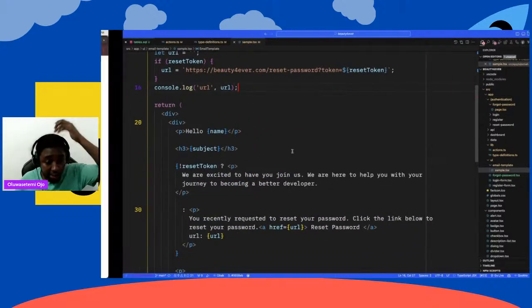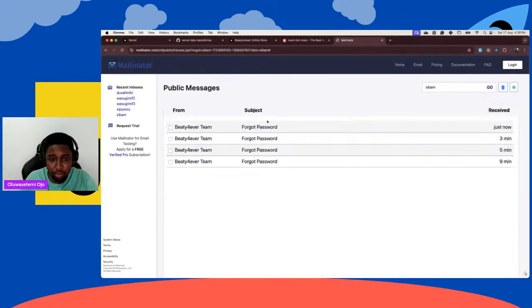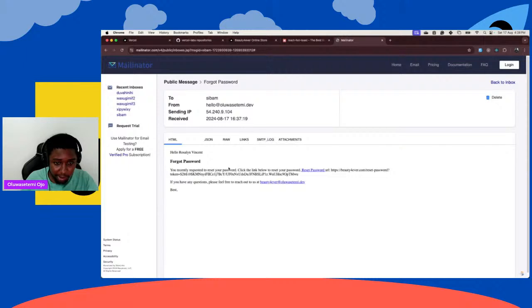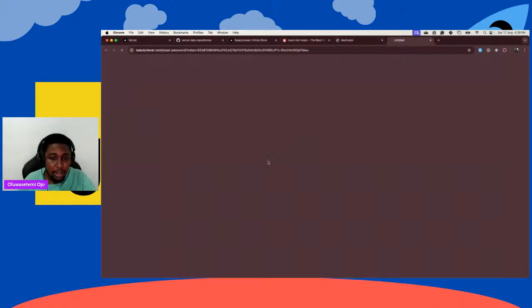So if we check our email again, there'll be a new email. And the interesting thing is now if I click on what? If we click on this,